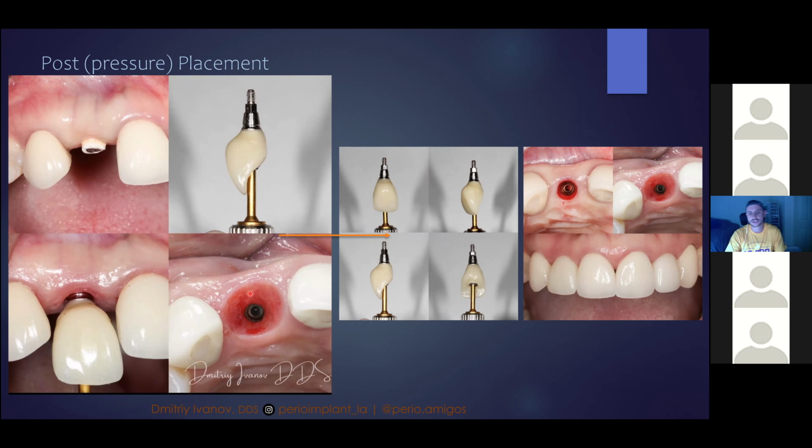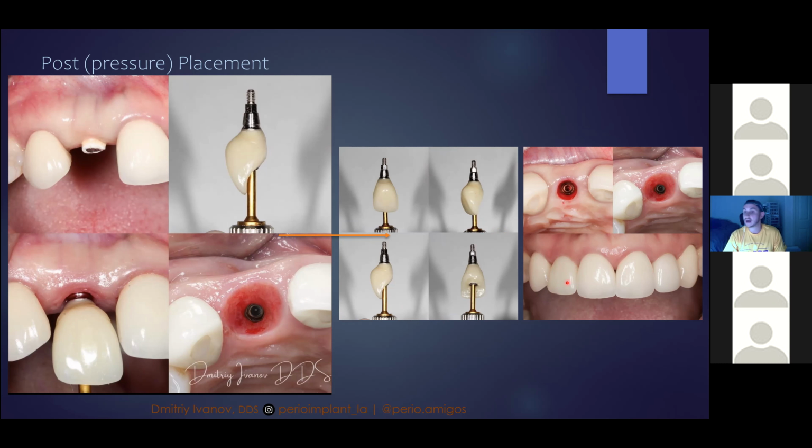I started pushing tissue. 4 weeks later, we're back to this beautiful, as you can see, papillas. This is the temporary tooth number 7. The papillas were nicely shaping up, similar to the contralateral tooth. This is still a temporary tooth, which in about a month later, we had her sent to a general dentist